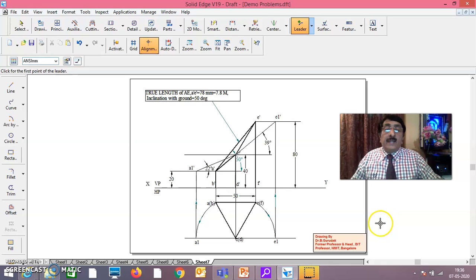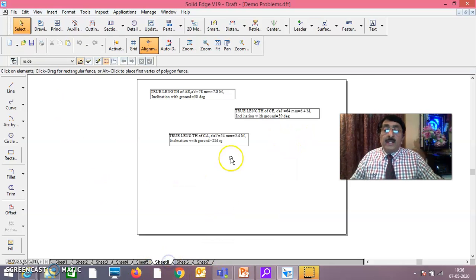That is why I'll directly do this and show. In the same way, this will be the true length of CE, and this will be the true length of CA. CA and CE true length are there.